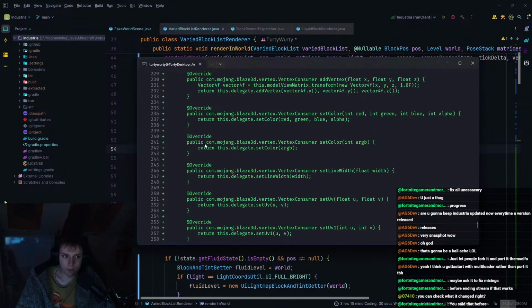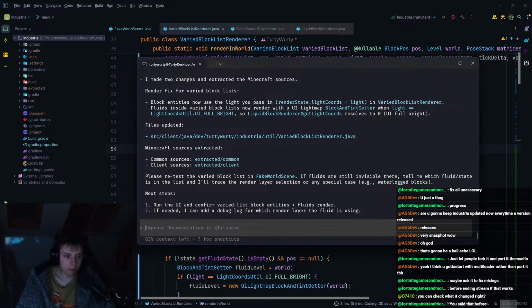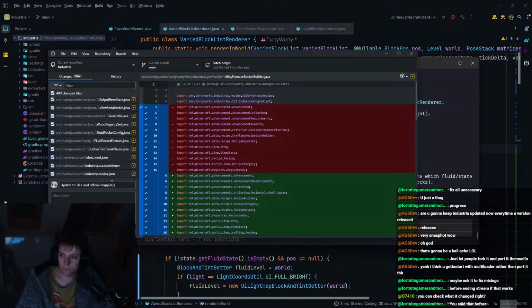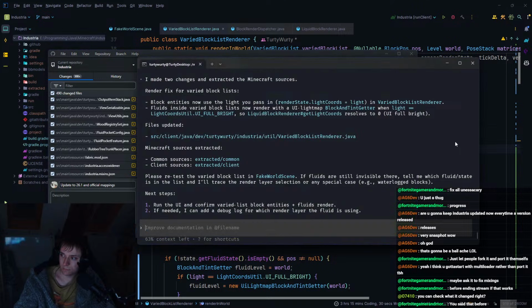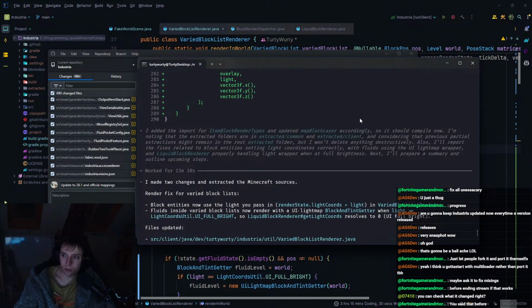But basically, we've just updated to 1.21 or 26.1 and official mappings. You said that before. Yes, correct. However, I strongly believe that mix-ins are a little too much for it. It can't just go and look at, like, I mean, it could, but